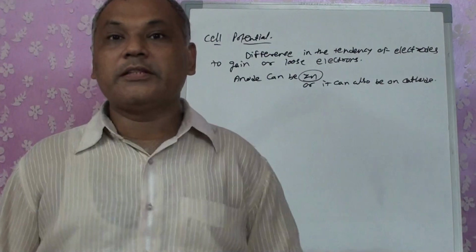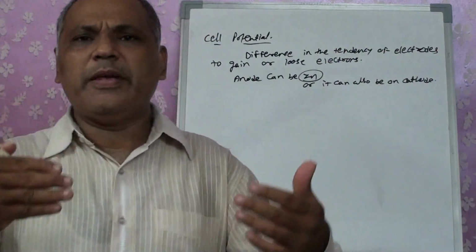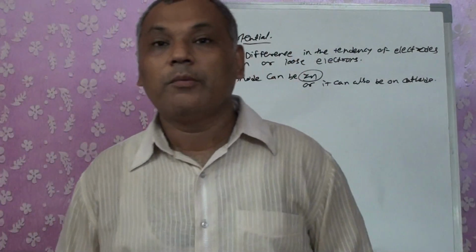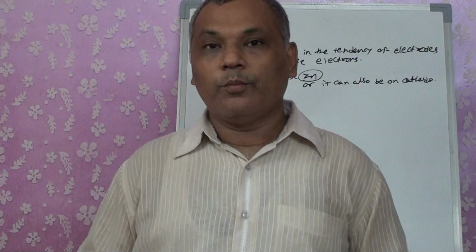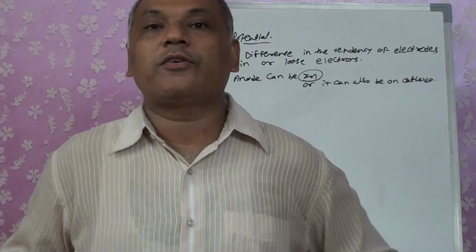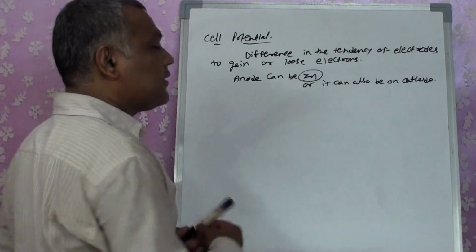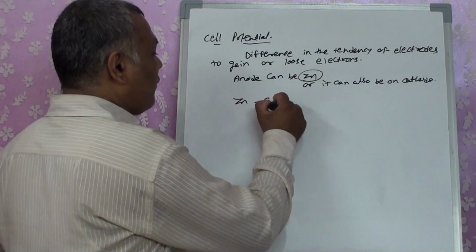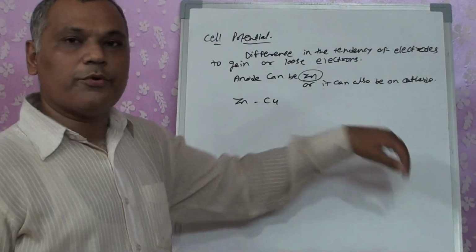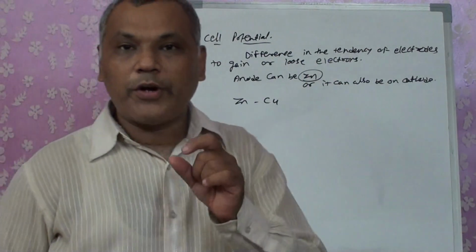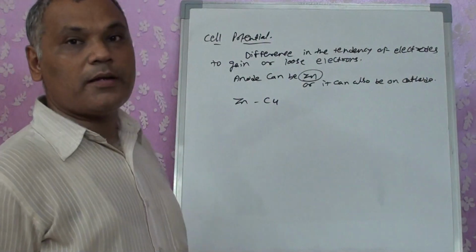Here in the electrochemical cell, we have both of them as electrodes, maybe metal, maybe anything else, but solutions also. But in that case, both of them are in the same conditions. So both of them have a tendency to gain electrons as well as to lose electrons. For example, the example we took was zinc and copper. Both of them are metals. One was the anode, one was the cathode, one was deposited, one was dissolved. So how to find out? That depends on the metal, right?